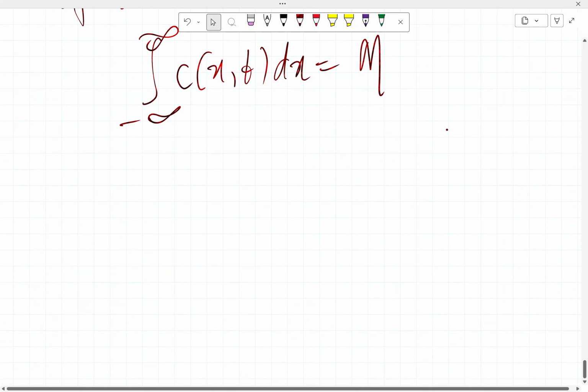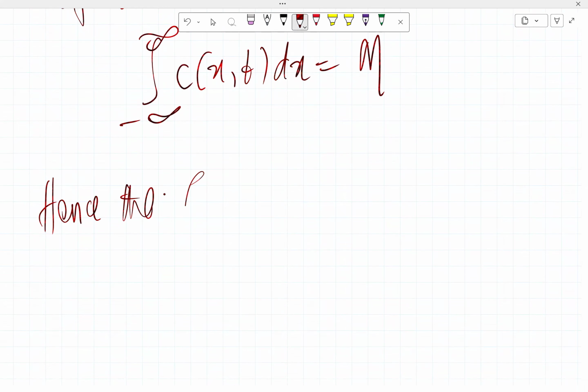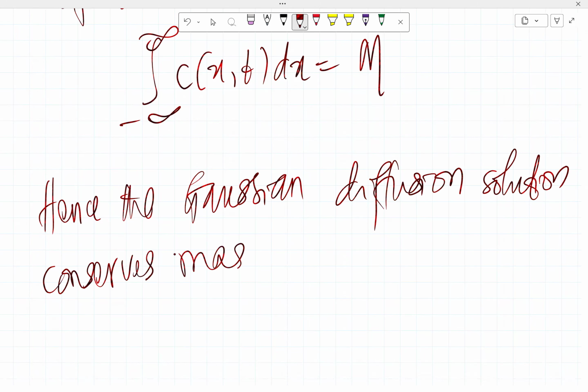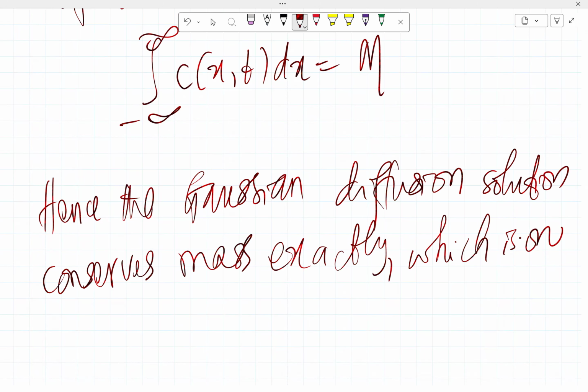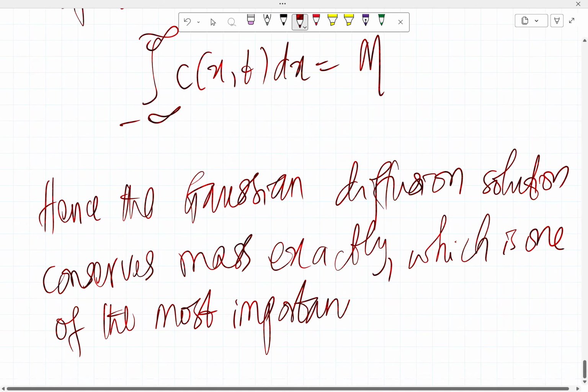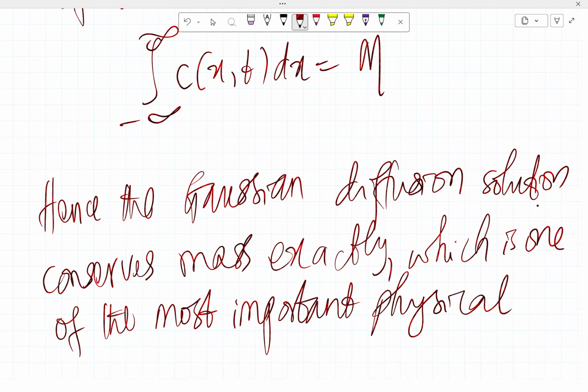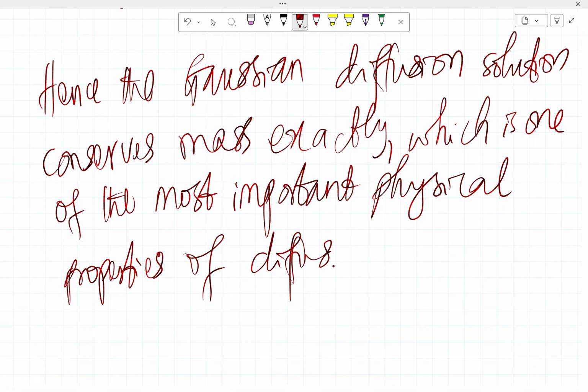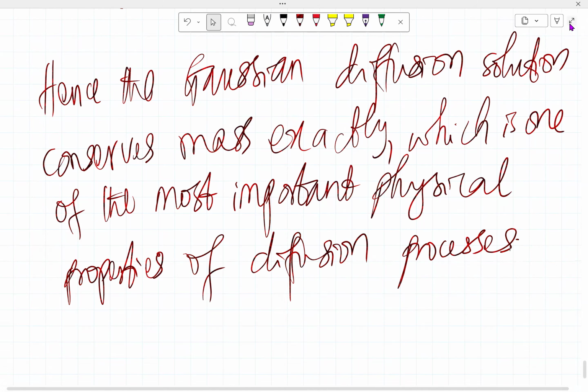So hence, the Gaussian diffusion solution conserves mass exactly, which is one of the most important physical properties of diffusion processes. So with this, we come to the end of this interesting video talking about special functions